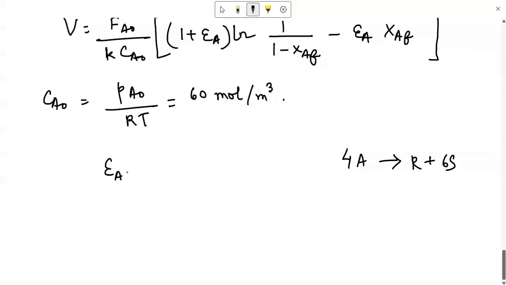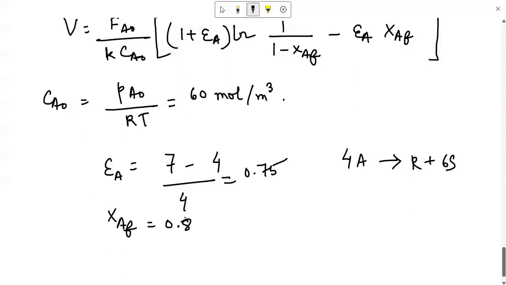So on the reactant side, you have 4 volumes, and on the product side, you have 7 volumes. So (7 minus 4) by 4, that is 0.75. Using the reaction stoichiometry, you have found the volume ratio, and XAF is already given as your target conversion,